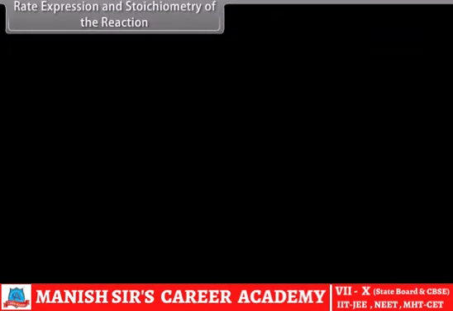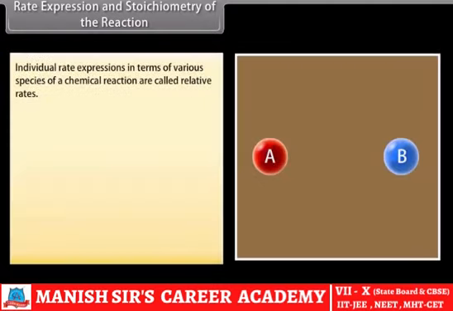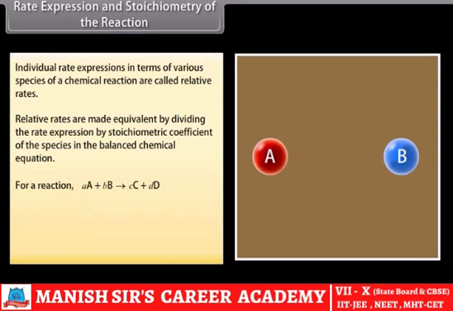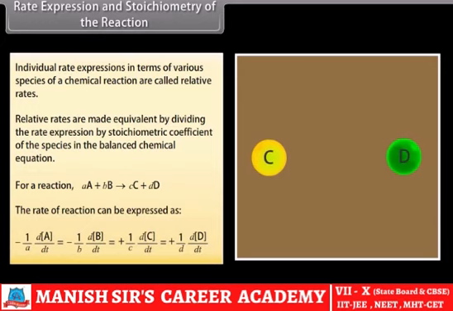Rate expression and stoichiometry of the reaction. Individual rate expressions in terms of various species of a chemical reaction are called relative rates. Relative rates are made equivalent by dividing the rate expression by the stoichiometric coefficient of the species in the balanced chemical equation. For a reaction, small a, capital A, plus small b, capital B, makes small c, capital C, plus small d, capital D, the rate of a reaction can be expressed as